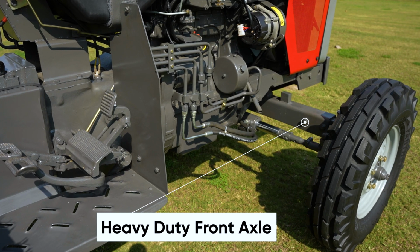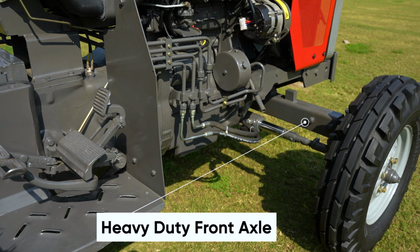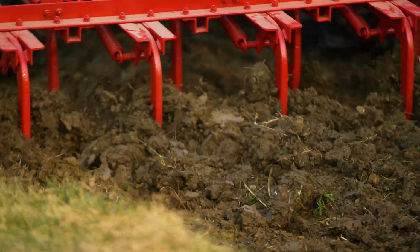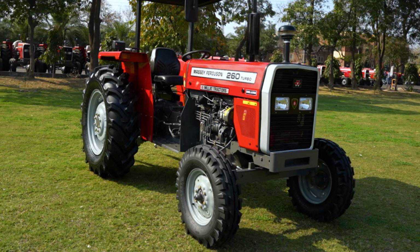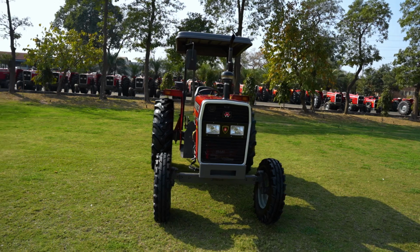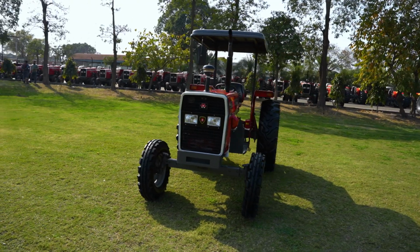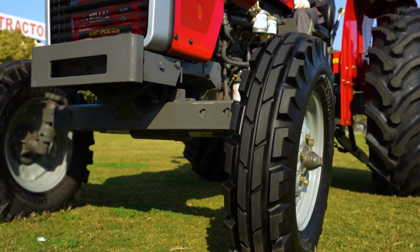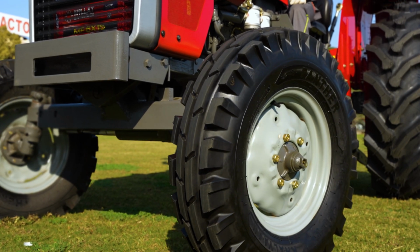With the robust heavy-duty front axle, this tractor provides more load-bearing capacity with no compromise on performance and reduced maintenance of the front axle over time. With the heavy-duty tread-designed tires, the MF260 Deluxe offers higher load capacity, stability, and maneuverability for both agricultural and commercial